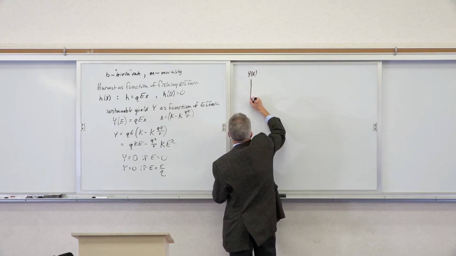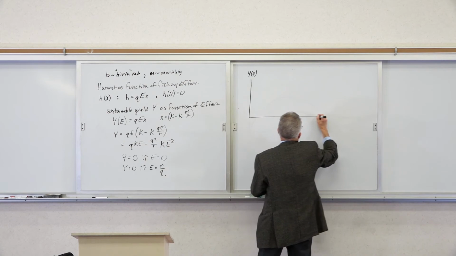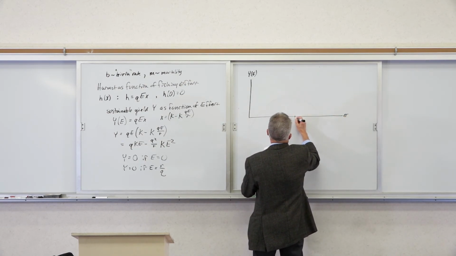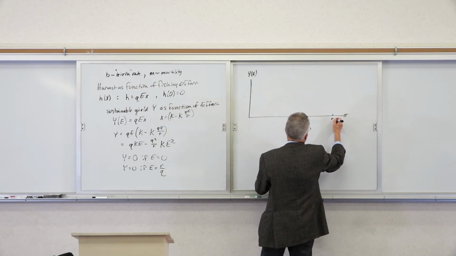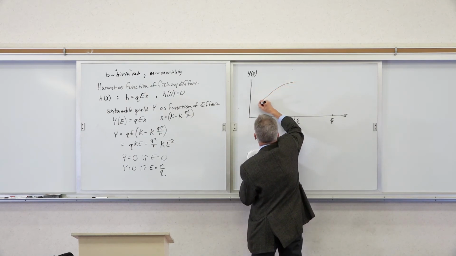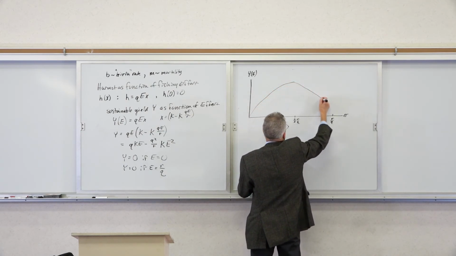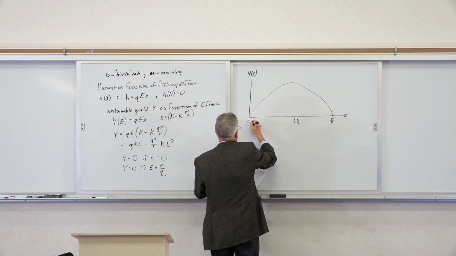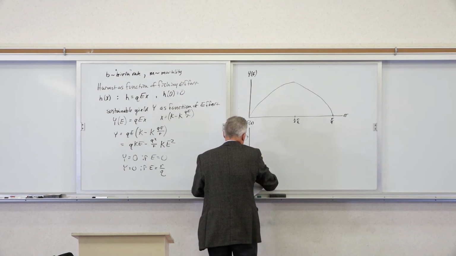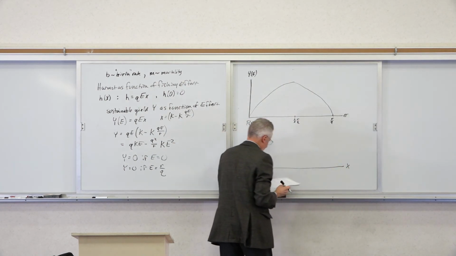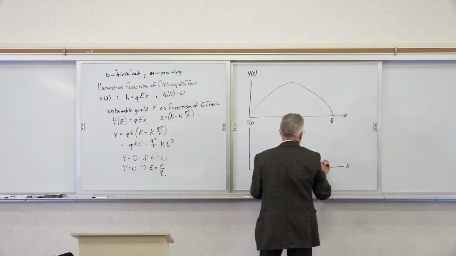Y(E), here's effort, and 1/2 R over Q. And what's the relationship, in other words, between these two? F of X, here's population, and I've got